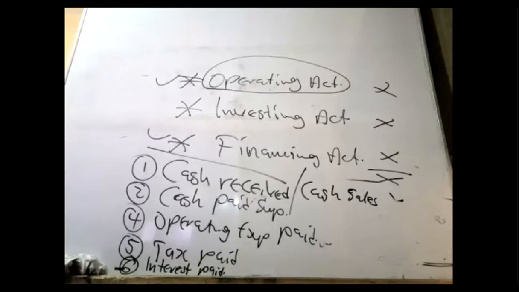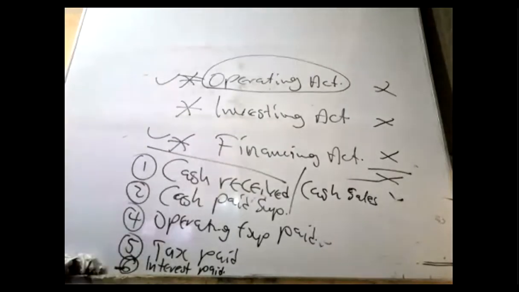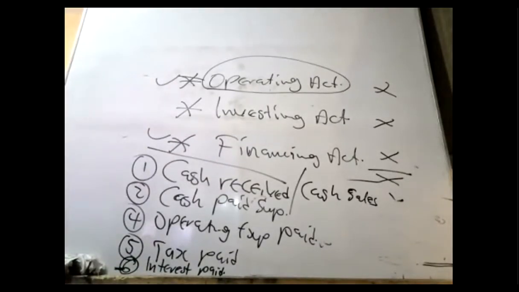But in exams, if you place it anywhere, it's okay, operating or financing. Sometimes the examiner will not declare whether this company is a bank or financial institution. If I'll be using their financial statement, you should be able to identify that this is the financial statement of a bank or a financial institution. Good.